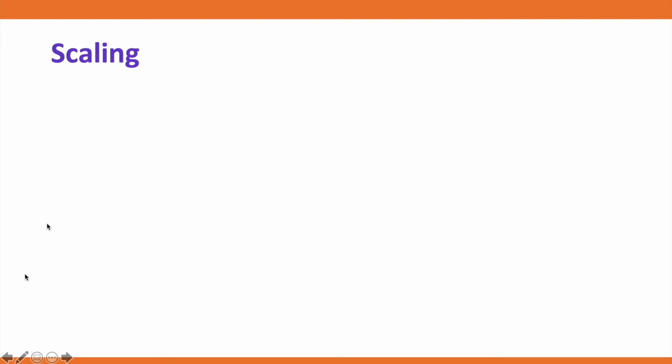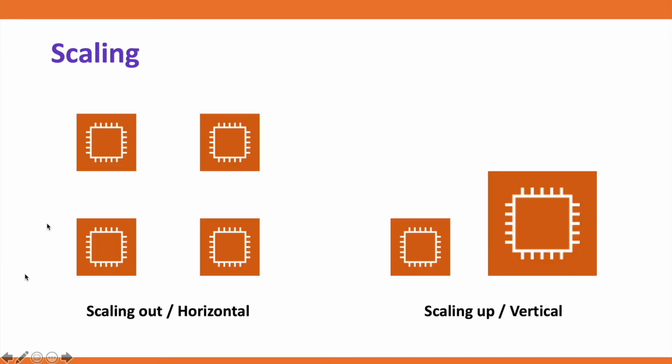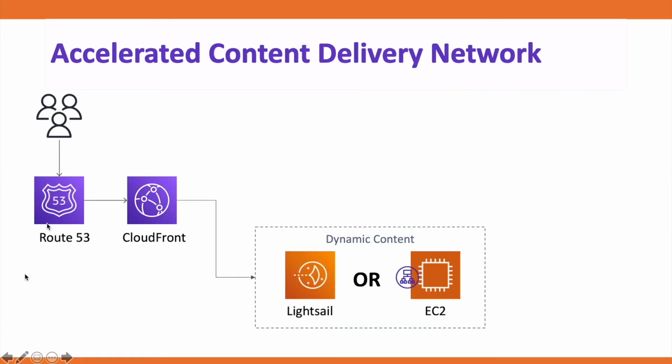Apart from migrating by scaling out or scaling up, there are various options that could help us improve the performance of our WordPress site. The first one is Content Delivery Network, or accelerated content delivery. In most websites, including WordPress, we deliver a variety of static and dynamic content to the viewer. For example, images, JavaScript, and CSS or style sheets are static content, whereas anything generated by code, a database, or personalized experiences are examples of dynamic content.